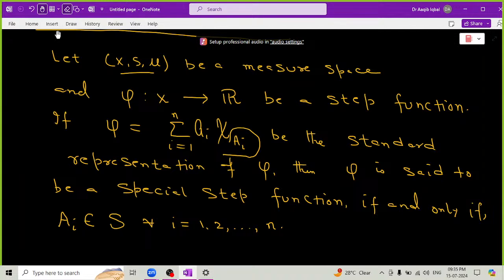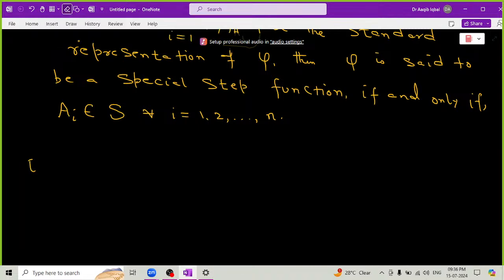ये आपके लिए exercise है, और इसका जो solution है ये आपको हमारी जो टेक्स्ट बुक है, C.D. Aliprantis की, उसमें मिलेगा. ये कोई 2-3 लाइन्स में आप इसको प्रूव कर सकते हैं. ये शायद थियरम 25.3, एक सेकंड कंफर्म करके बताऊंगा आपको. हाँ सॉरी, 25.2 है ये, थियरम 25.2 ऑन पेज 201. अगर आप वहाँ देखेंगे तो वहाँ से आपको इसका सोल्यूशन मिलेगा. तो मैं ये आपके लिए एक्सरसाइज छोड़ रहा हूँ. It's an optional exercise, अगर नहीं भी करेंगे तो आपके कोर्स कंटेंट पर कोई इम्पैक्ट नहीं पड़ेगा. Show that